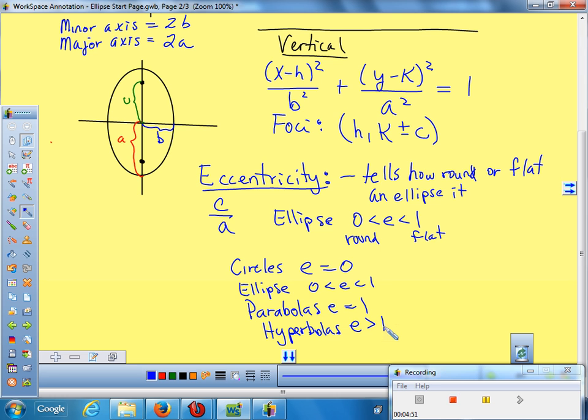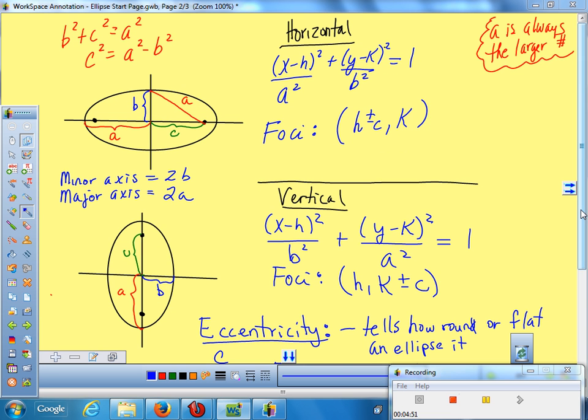So you've heard it. It's a way to measure and tell what you have. I personally have not used it for much other than about one day of calculus to find eccentricity. But for ellipses, it's kind of handy to know, is it a round ellipse or a flat ellipse? But the rest of them, we don't use it all that much. But you've now heard it. There you go. Eccentricity. It's your new word of the day. Okay, so